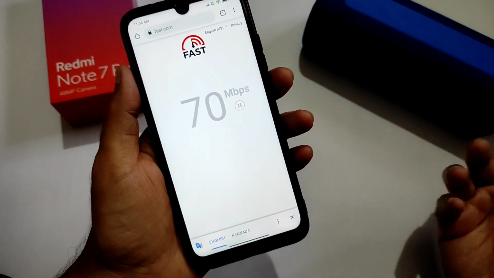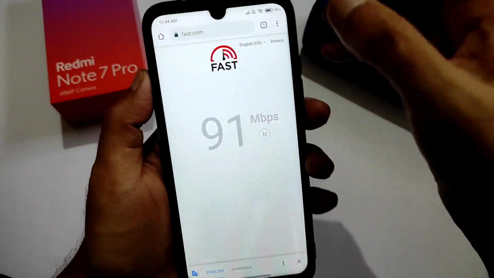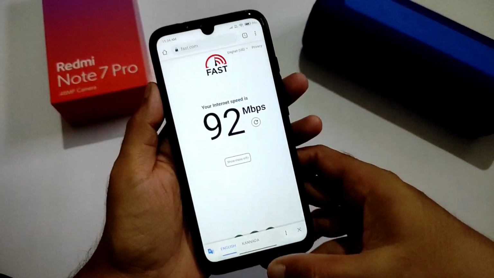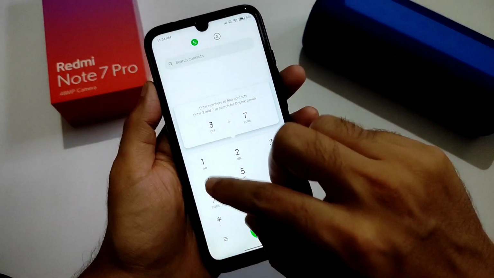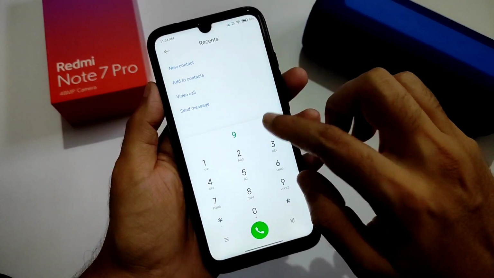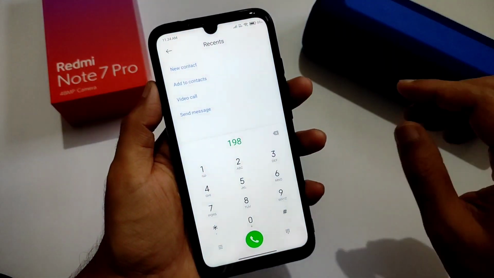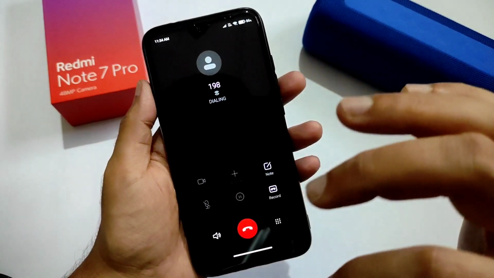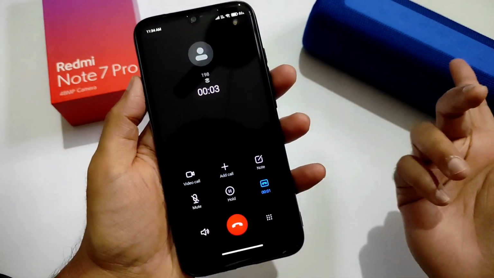I have here like a 100 Mbps plan. It's pulling up to 90 to 95. It's cool. Even I used it with SIM, Vivo, Wi-Fi, everything is working fine. Let me make calls and let you check. You get a direct video call option in this ROM. That's really good. And if you call here, you will get a call recording feature, which will not say that the call is being recorded. As you can see, it's really good.